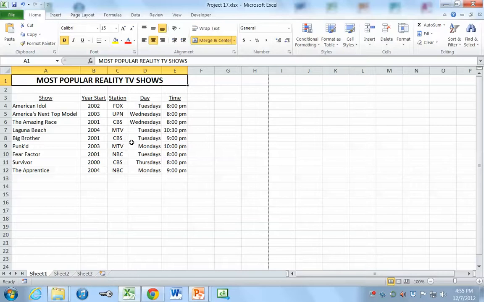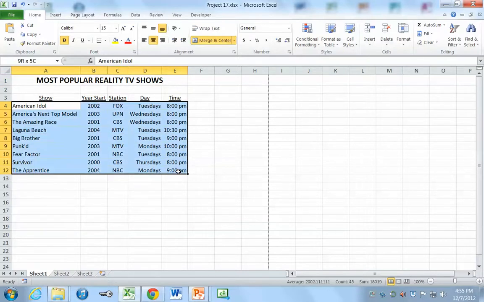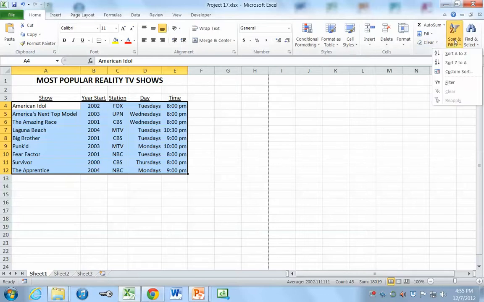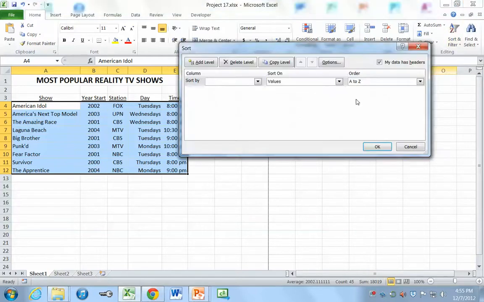Now this one asks us to sort the file in ascending alphabetical order, primary by year, secondary by show. And remember, we need to select all of the data that we want moved. So we'll highlight everything under the column headings. To perform our sorts, we go to the Home tab, go all the way over to the Editing group, click on Sort and Filter, Custom Sort,